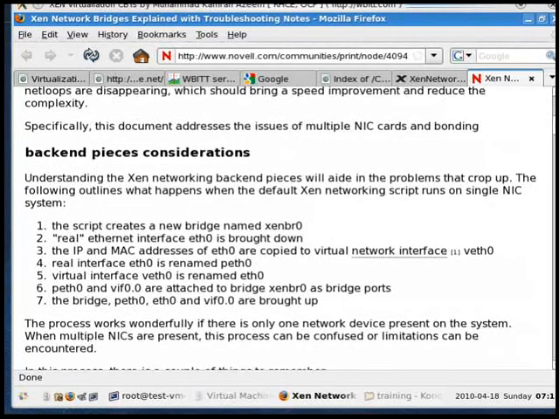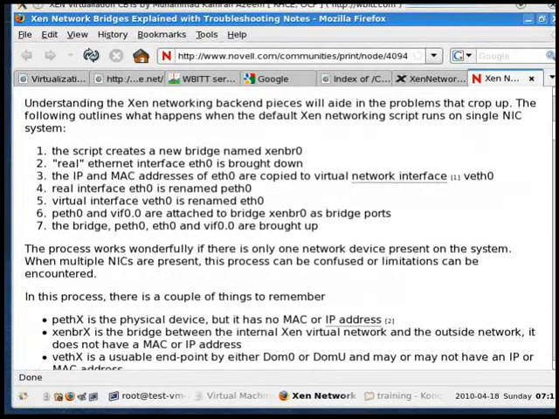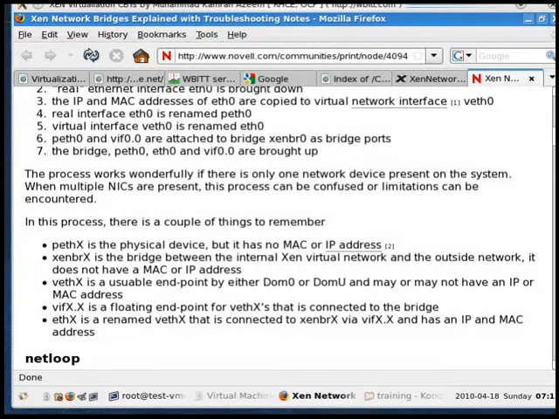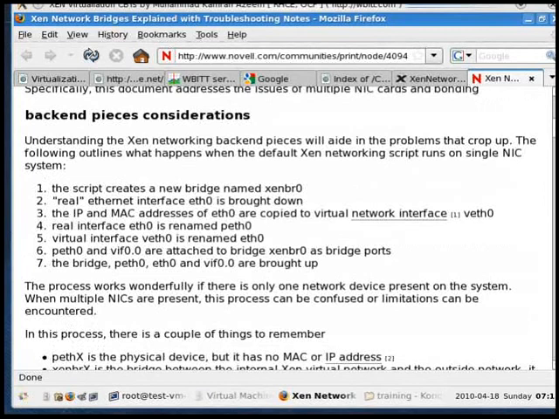This is exactly how Xen scripts work, and let me explain this to you. I have to read it out to you as well. Whenever Xen networking, virtual machine is brought up, then this is executed. The following occurs. The following outlines what happens when the default Xen networking script runs on a single NIC system, which is exactly our case